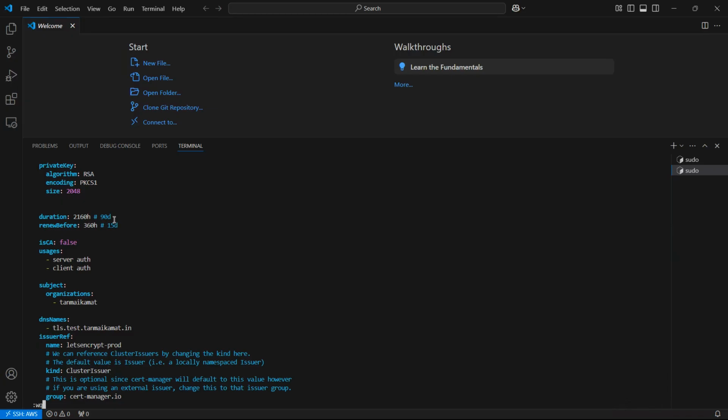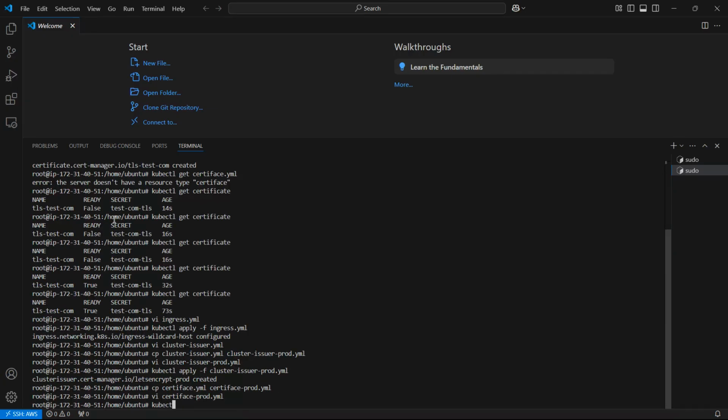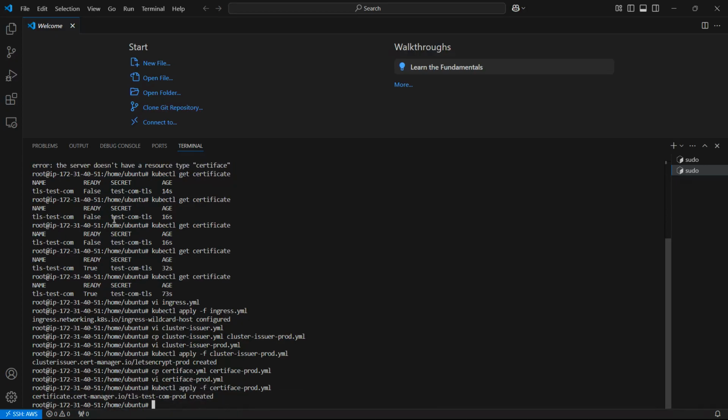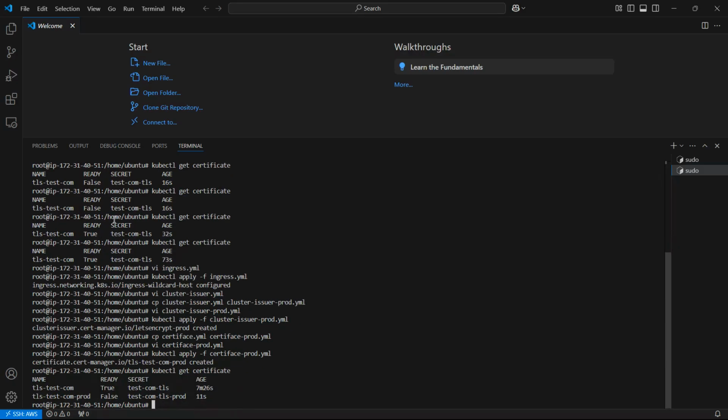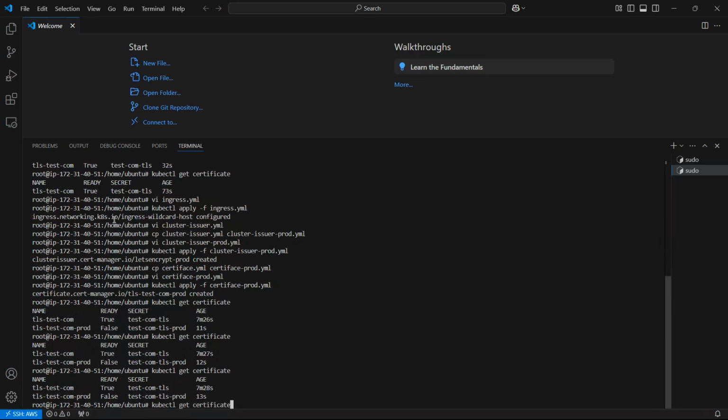And that should be it. I'll say kubectl apply -f certificate-prod.yaml. kubectl get certificate. So we'll just wait until it gets